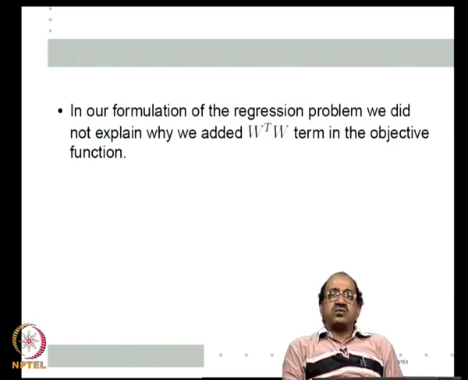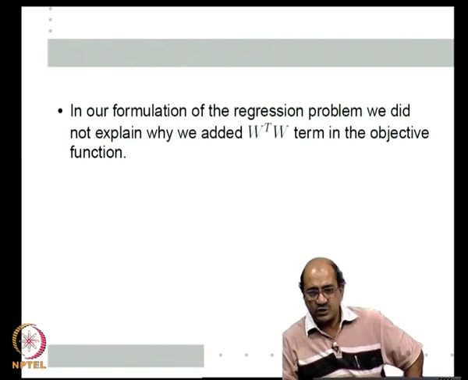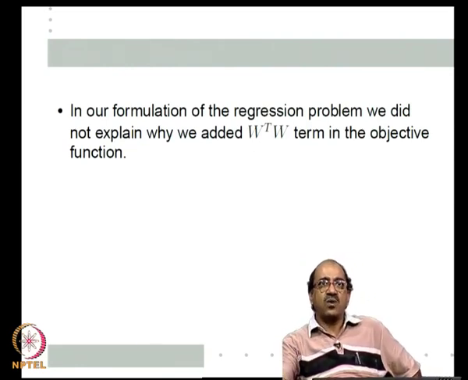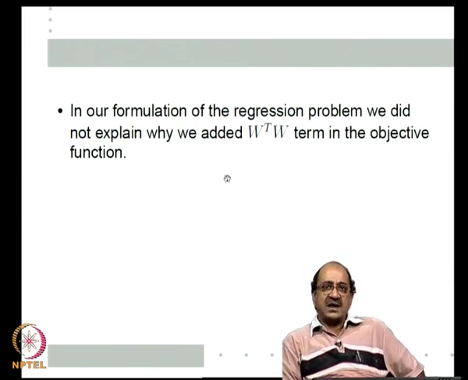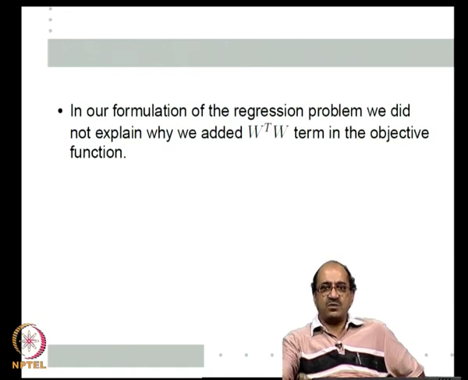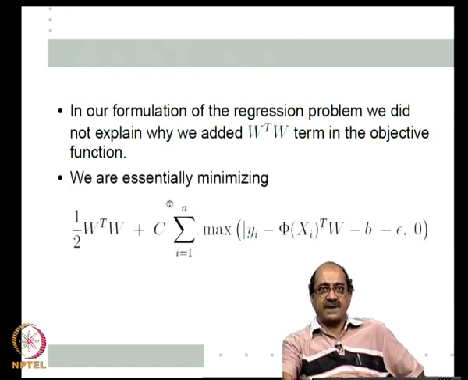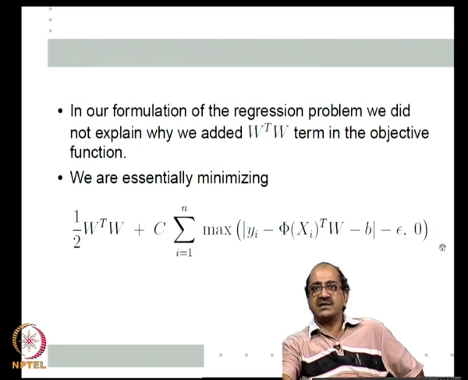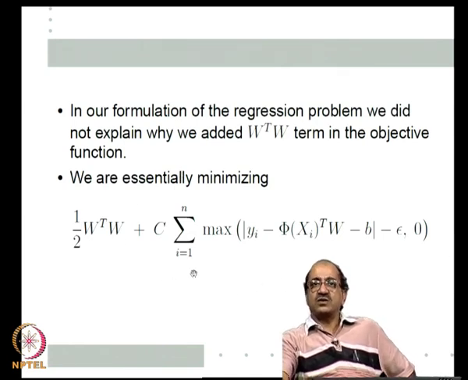Now, let us get back to our regularization term, right. As I promised you, I said I will tell you why it is all right to add W transpose W. We have chosen an epsilon insensitive loss function, we want to minimize the empirical loss, and the rest of the formulation is fine except the term W transpose W, which we said is like a model complexity term. Okay. So, basically this is my empirical risk, the sum over i equal to 1 to n of max of y i minus phi of x i transpose W minus b minus epsilon, 0. This is what is captured by summation xi i plus summation xi i prime, subject to those constraints.